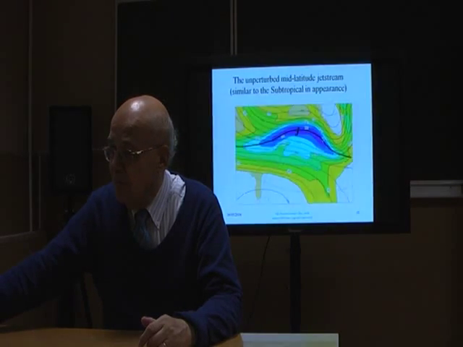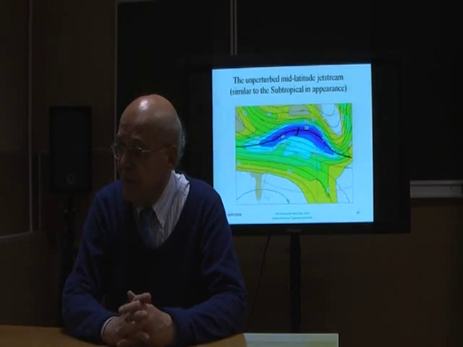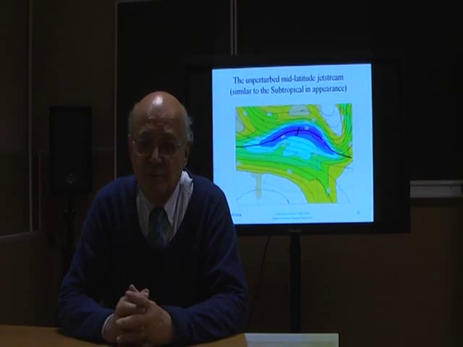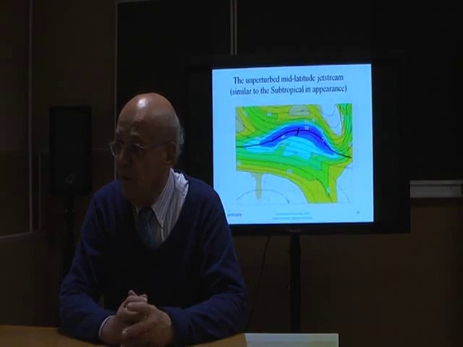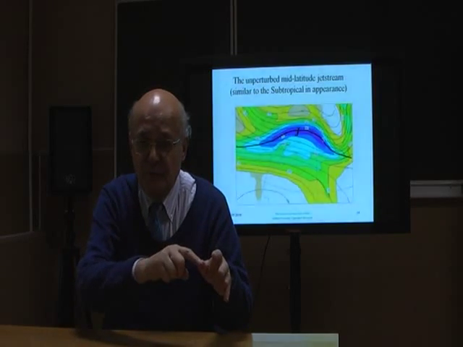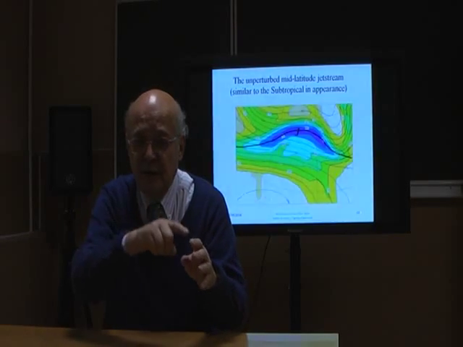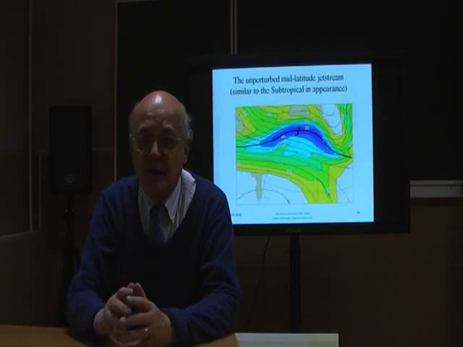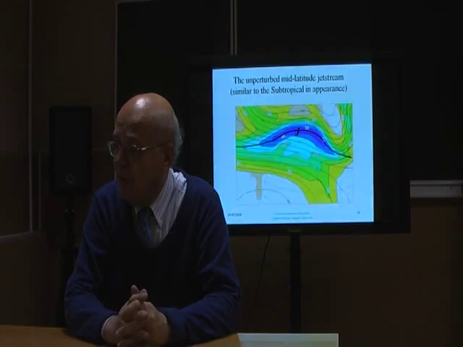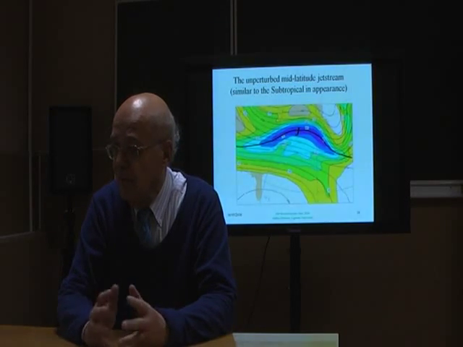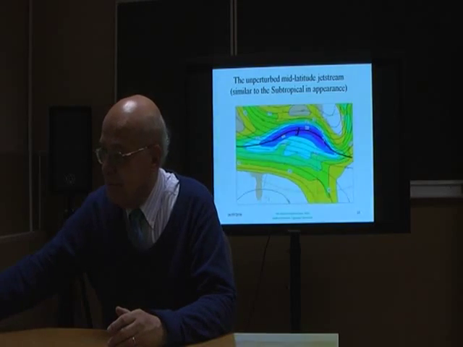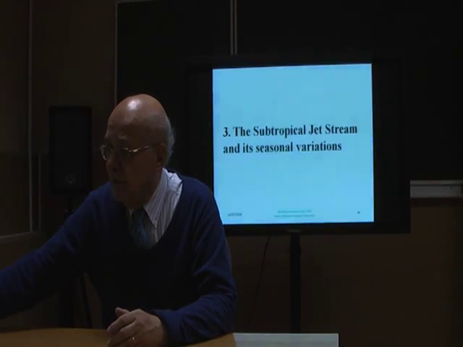And this is what you can see in unperturbed jet streams, how they look like sort of upside down bananas, a reflection of their first mathematical shape, which is actually a cycloid. A cycloid was the first one, and now it is also a cycloid, but a dampened cycloid. So we can now understand why the jet streams, unperturbed, have this shape. Then we come to the subtropical jet stream,